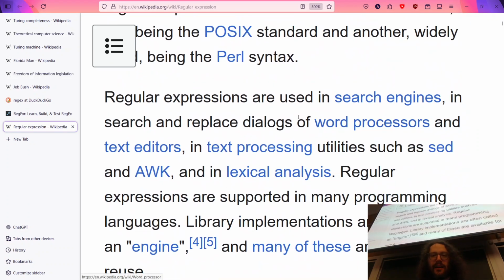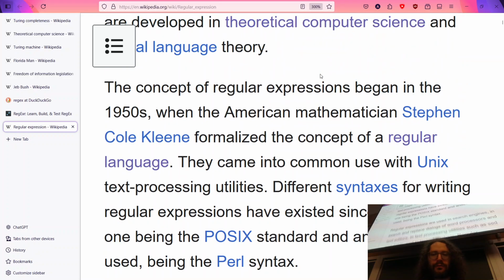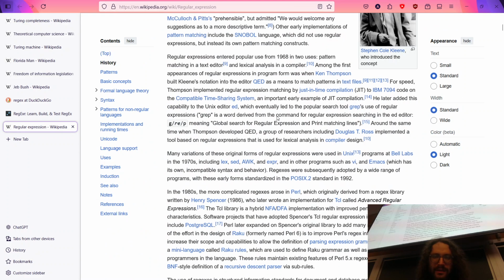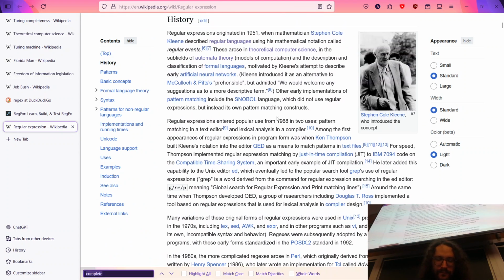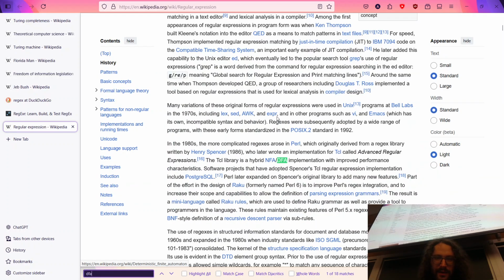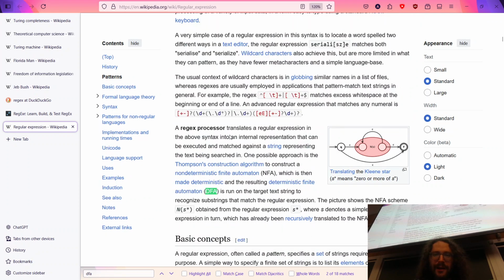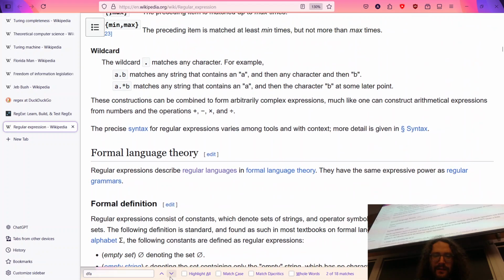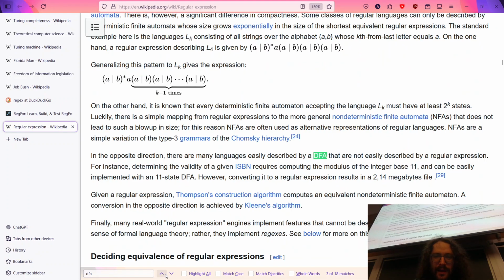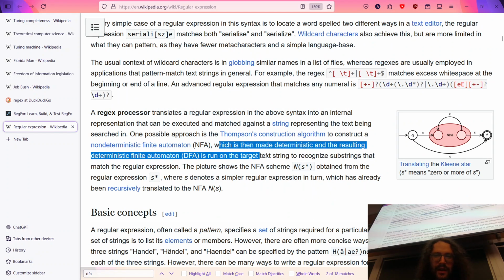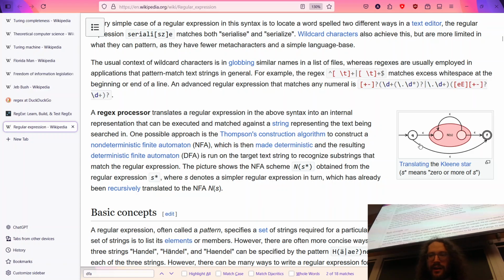And these, again, are very, very powerful tools. A regex processor translates these into a DFA, a deterministic thing, and the resulting DFA is run on the target text string.